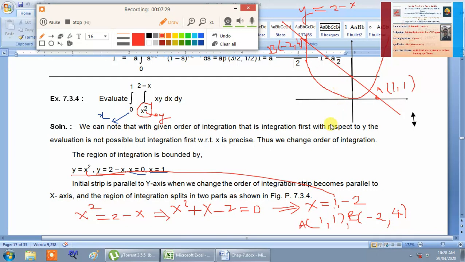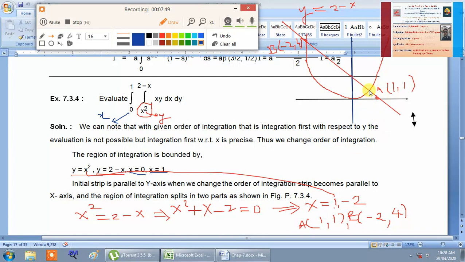Now why do we require the 2 points of intersection? We require the points of intersection to decide where these two lines, x equal to 0 and x equal to 1, pass. So let us now go for x equal to 0. X equal to 0 is the equation of which axis? The y axis. So x equal to 0 is here. This is your x equal to 0. And the next line is x equal to 1.